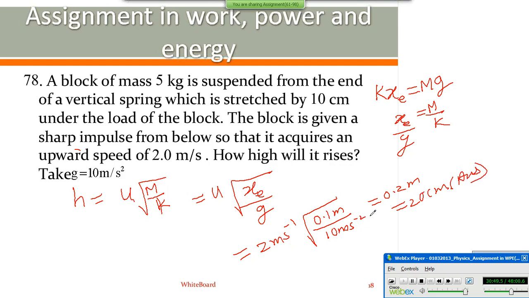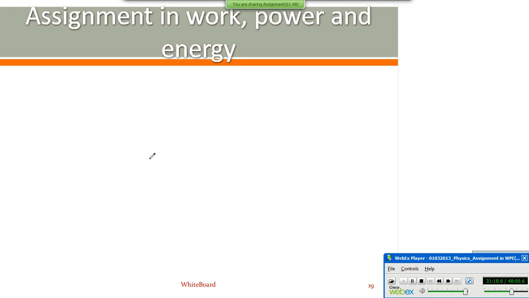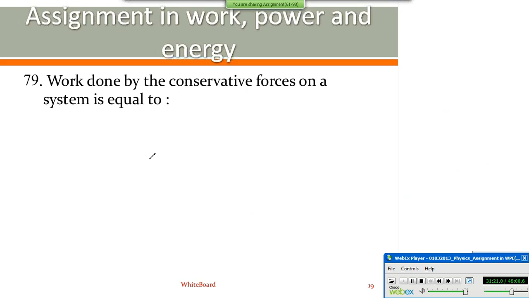In case you want a detailed solution of this result, you can refer back to the special cases I have discussed in conservation of mechanical energy, because I don't want to repeat the same calculation which I have already discussed in detail. I have also shown you the notes. You can take a pause if you need time to copy. Next, I am going to discuss the next question. For question number 78, second option is the answer. See the question number 79.